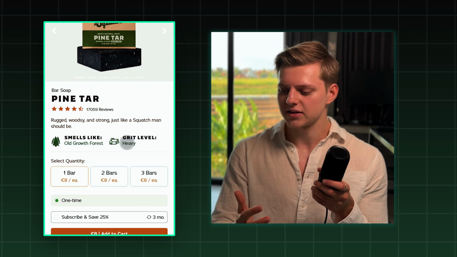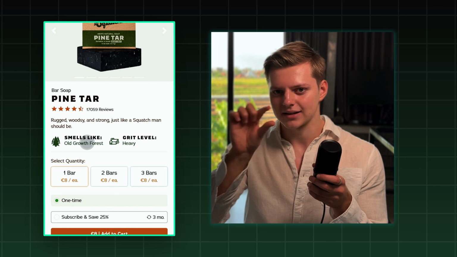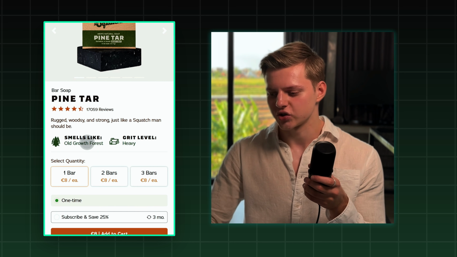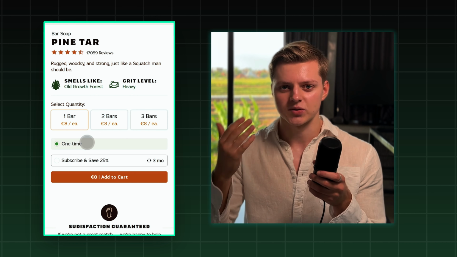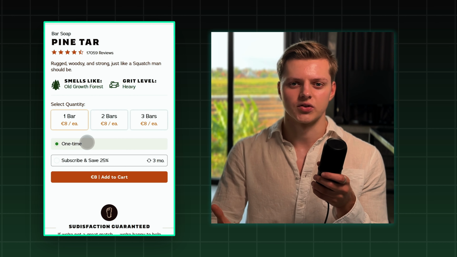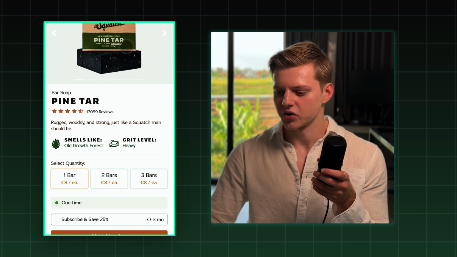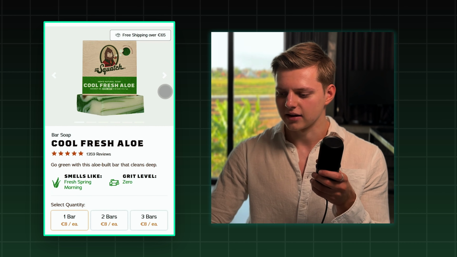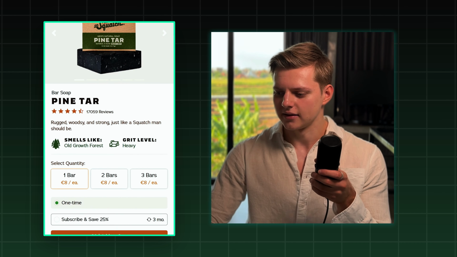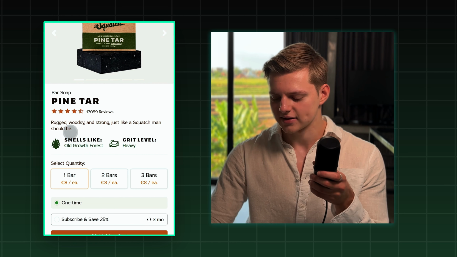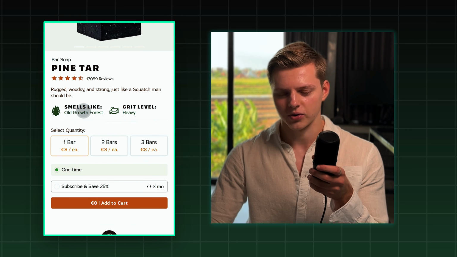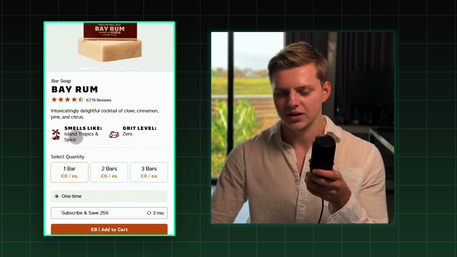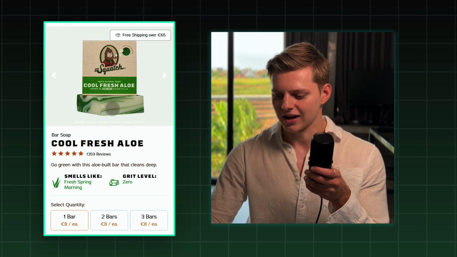And how they do this is by these "smells like" and "grit level" elements on the product page. So they tell you what it smells like and they tell you the grit level of the soap. So here are 3 different bar soaps. You have the Pine Tar, the Bay Rum, and the Cool Fresh Aloe. And in the description of the Pine Tar, it says it smells like old growth forest. And in the description of the Bay Rum, it says Island Tropics and Spice, and the Cool Fresh Aloe says